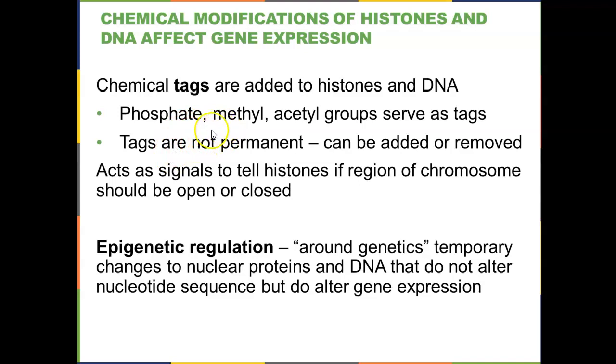Now, these tags modify the expressibility of DNA, but they don't change the DNA sequence themselves. It doesn't change any of the lettering or the meaning of any of the lettering. All it does is make the DNA more or less accessible. So that's why cells that produce the lens in your eye don't express any of the genes involved in skeletal muscle function, or nerve impulse propagation, or production of digestive enzymes. Those genes are off, and so you can bet they're all going to be methylated, and they're going to be lacking acetyl groups in that area, so that the DNA remains packed and non-expressible